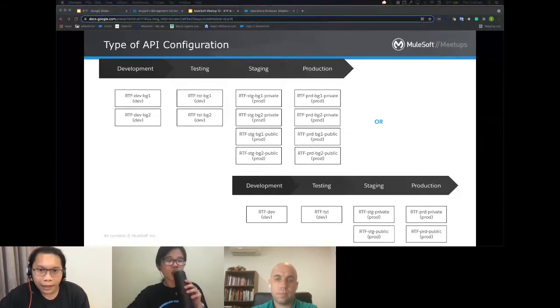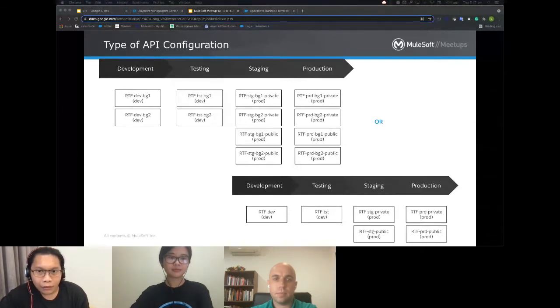If we talk about API-led connectivity, the experience API or proxy will be part of the public side, but the process layer and system layer are more private. They can be deployed on a different instance. So those are all the typical considerations for RTF, and how you can implement RTF in your organization.